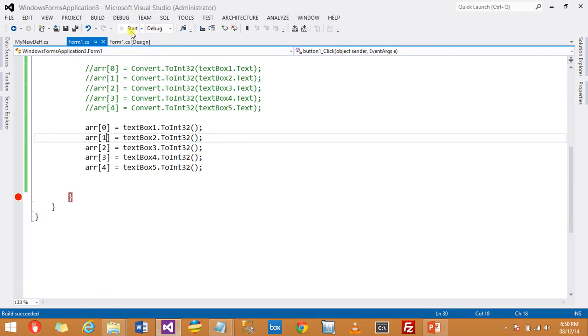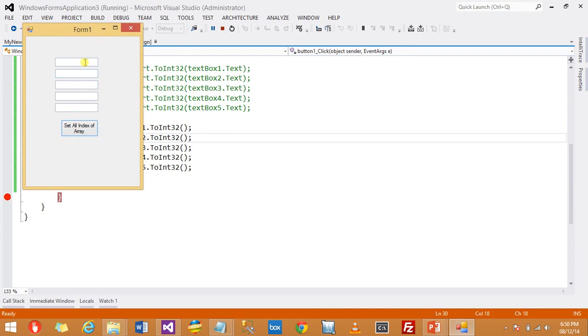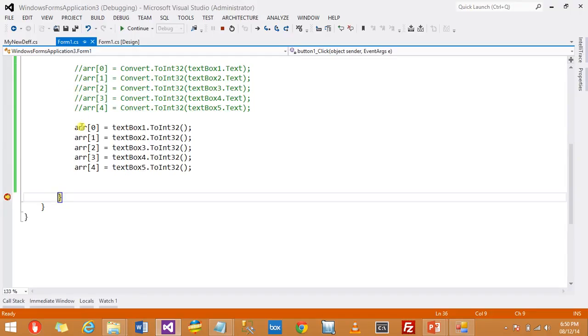Again I'm starting my program. Just suppose I'm defining my values, and going to check my data from my array. Look, it is directly converted. So this is the benefit of extension methods, by which we can implicitly define new methods for our existing types. There is no need for permissions.